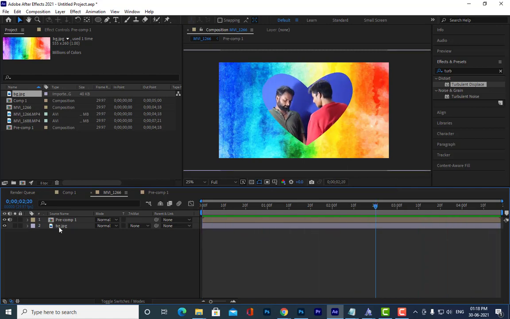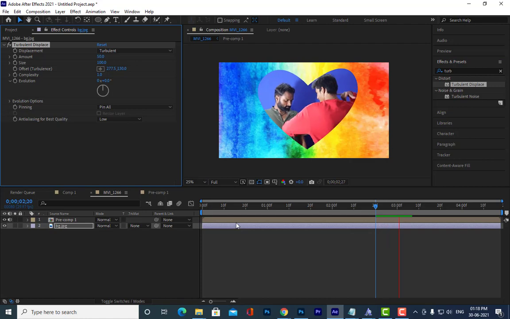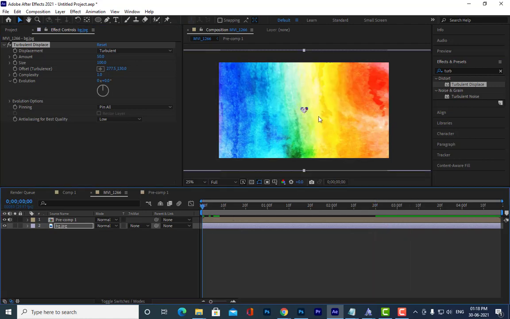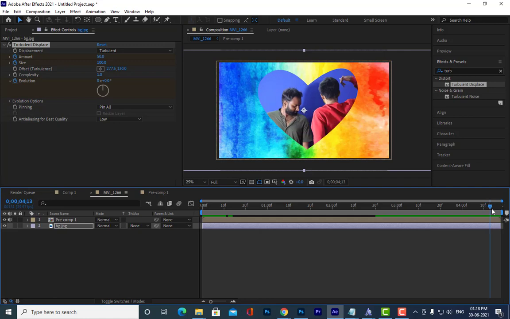Let us apply turbulence to this background and see how it looks. Let us animate the turbulence for this background. So how to animate? We'll turn on this amount and size.